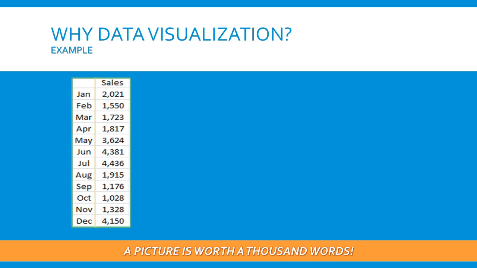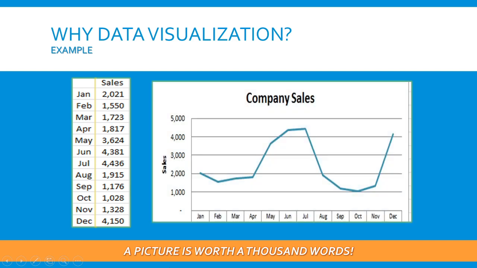Here is a small example. There are two images. First one is of a data set regarding the sales of a company per month. The second image is the graph of the same data set. Now, if I ask you a question in which month the sales was the maximum, then you will take time to answer if I will provide you with the textual data only. But with the help of the second image, the graphical one, you can instantly recognize the highest peak in the month of July, and so will be the sales.